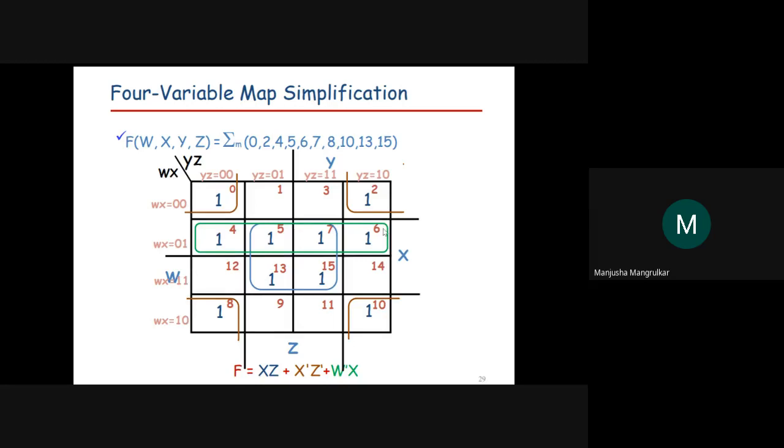Now here we have done this group, that is w complement and x, right? But there is a possibility of this group and this group. So what will be the answer for that? This w complement, and what is changing, y is changing, z complement. For this group the answer we will get is w complement and z complement.